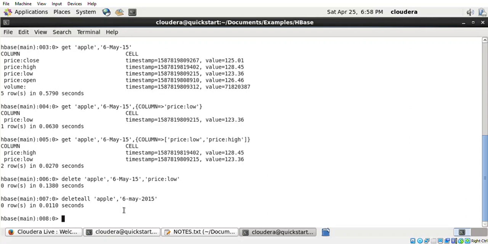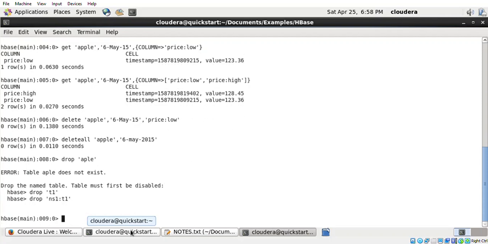Next, if you have to remove a table, you have to use drop and the table name. Before dropping the table, you have to use disable table name. If you do not give disable first and give drop itself, it will throw an error message. See, now I am typing drop apple. Then it will throw the error, the table must be disabled.